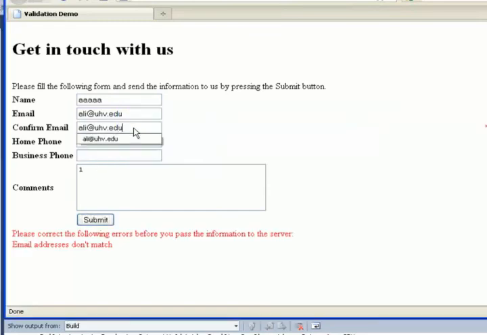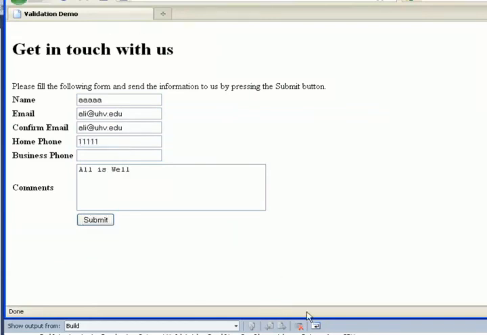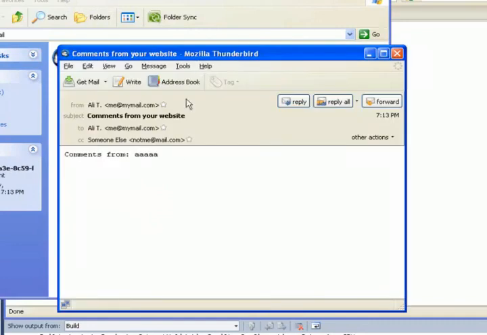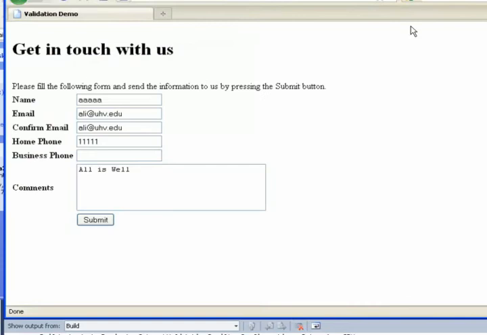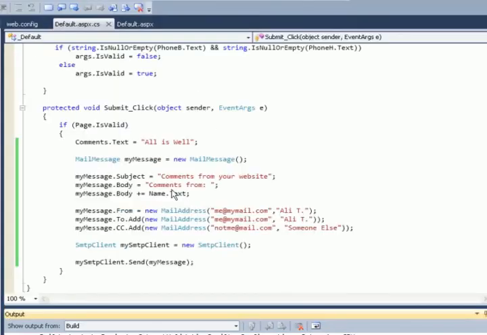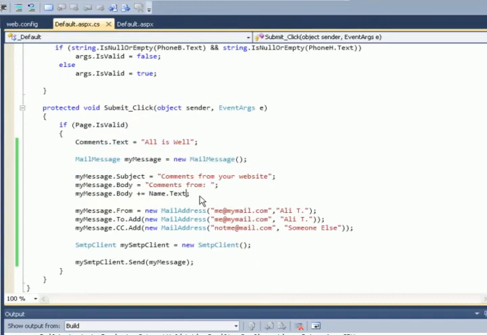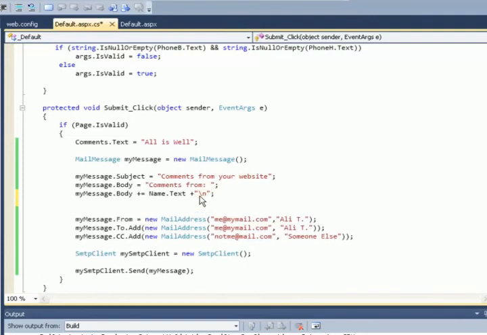Okay, of course it's not correct. Now they match, and here the email was sent. Now let's go see if the email was actually sent properly. Yes, it says comments from this person, right? Now I wanted this to contain more information. So what I need to do is add a carriage return to this text by